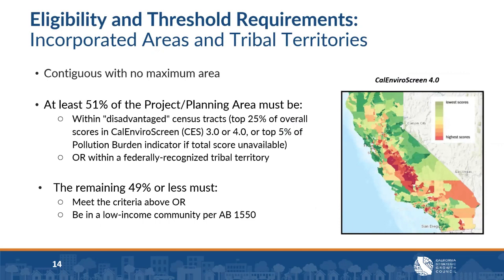So that's top 25% of CalEnviroScreen. That could be either 3 or 4.0, or top 5% of pollution burden indicator if the total score is unavailable. Alternatively, 51% of the project area can be within federally recognized tribal territory. The remaining 49% of your project or planning area could either meet the criteria that was identified above, the 51%